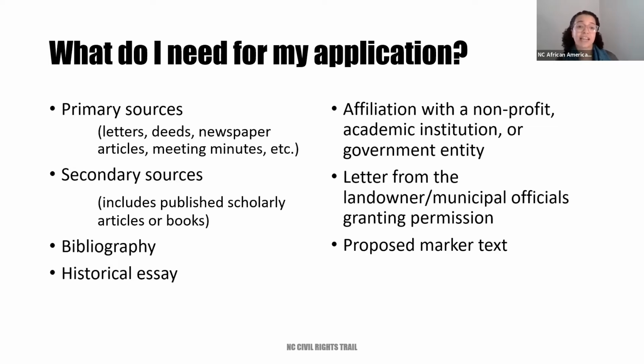We also need in your application, again, a clear affiliation with a nonprofit academic institution or entity. That can look like a letter of support and signatures from those various parties. We also ask for a letter from a landowner and or municipal officials granting that permission. Now, in some cases, depending on your circumstance, you might have one letter that covers both that affiliation with the government and landowner participation. I know specifically for Cleveland County, Shelby, the site that is currently on the trail, their trail application was in partnership between the city, the town, the local museum, as well as their Main Street Corporation. So really just the nature of their application, all of that was already very, very clear